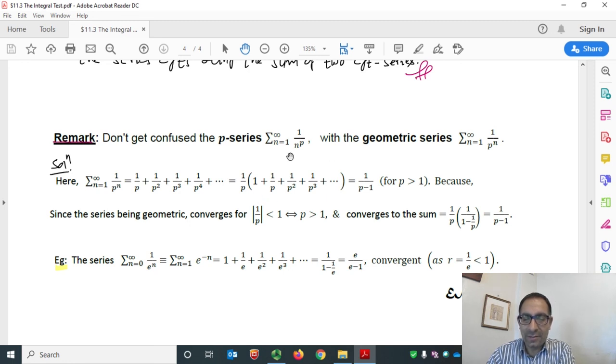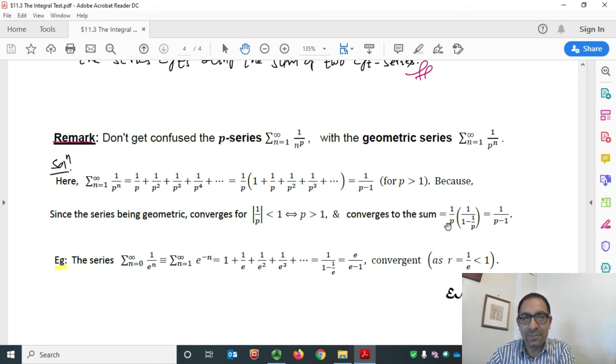Then this inside the parentheses is a geometric series whose common ratio is 1 over p, which is less than 1 if p is greater than 1, which I assumed here. Then being a geometric series, it converges, and it converges to the sum,